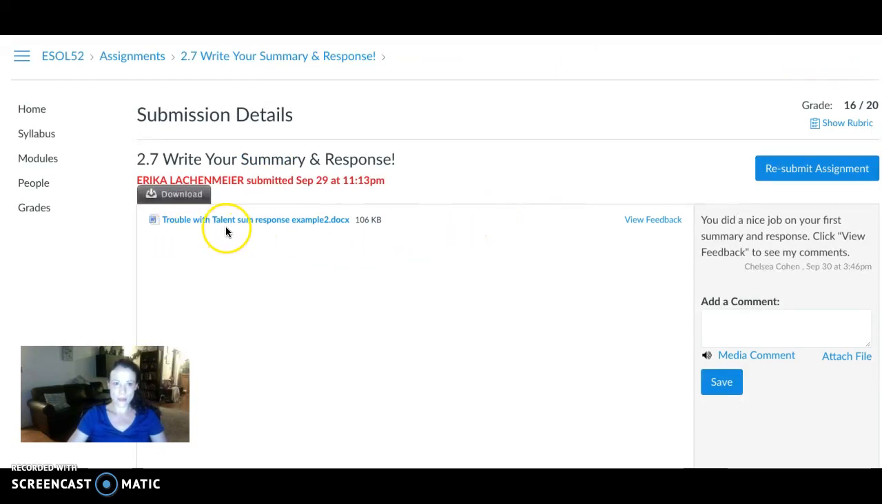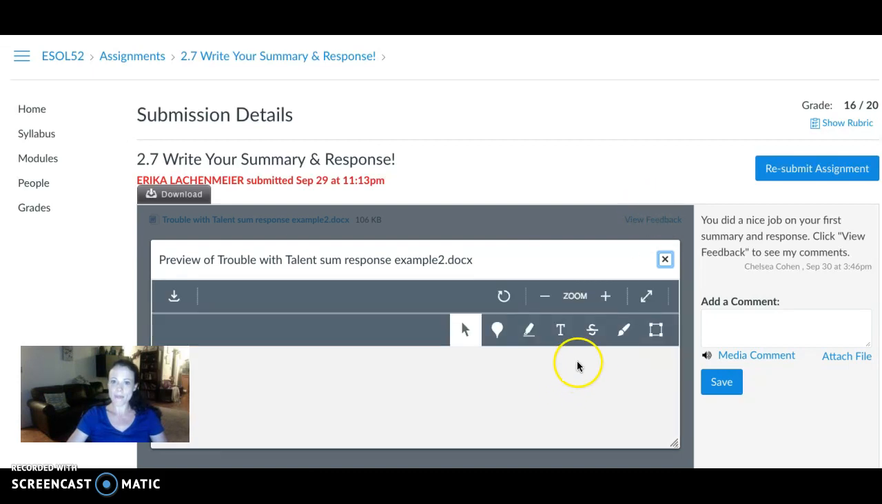So that's the name of my paper. I'm not going to click there. I'm going to come over to this right side. So I can see a general comment that my teacher made about the whole paper. You did a nice job on your first summary response. And then she says, click View Feedback to see my comments. So here, where it says View Feedback, is where I can see the line-by-line comments that the teacher makes on my paper. So I'm going to click on View Feedback, and it pops up with a copy of my paper,